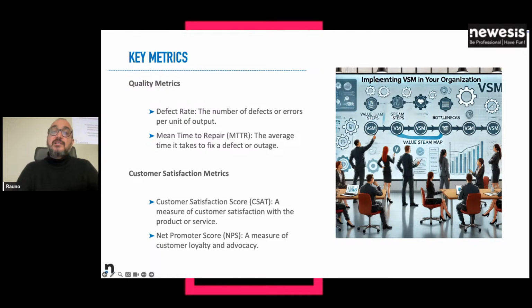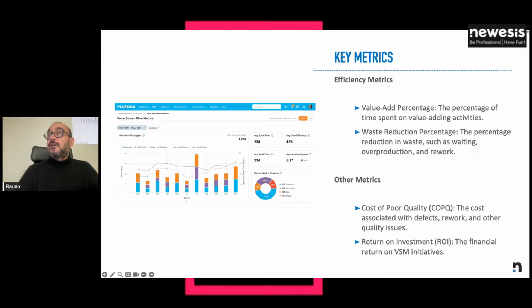And then there are other metrics that are a bit more difficult to collect, depending on the kind of work or kind of service that you're providing. Customer satisfaction metrics. There are some standards there. The Net Promoter Score and the Customer Satisfaction Score are standardized ways of collecting feedback from the customer and trying to understand the level of satisfaction. You have metrics then that you collect